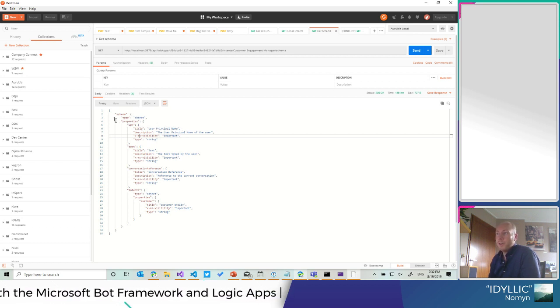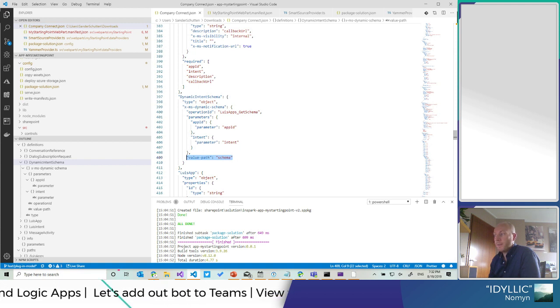So as soon as I wrapped it in the schema, or it doesn't really matter what you name it, as long as you wrap it in a root node, and add this value path, then it will actually interpret it as a schema. And you can tell that, for example,